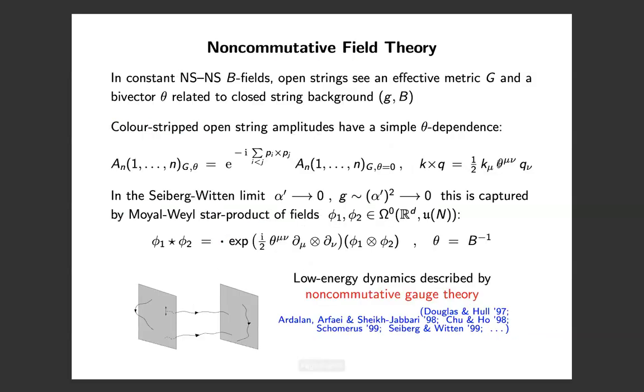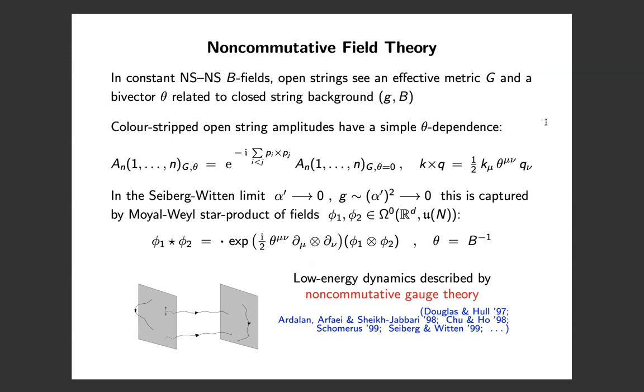So that's the first idea, about double copy. Now, this talk is about how the double copy paradigm fits into non-commutative field theory. So let me just quickly review what these theories are. If we look at open strings in a constant background B field, a Neveu-Schwarz B field, then what's